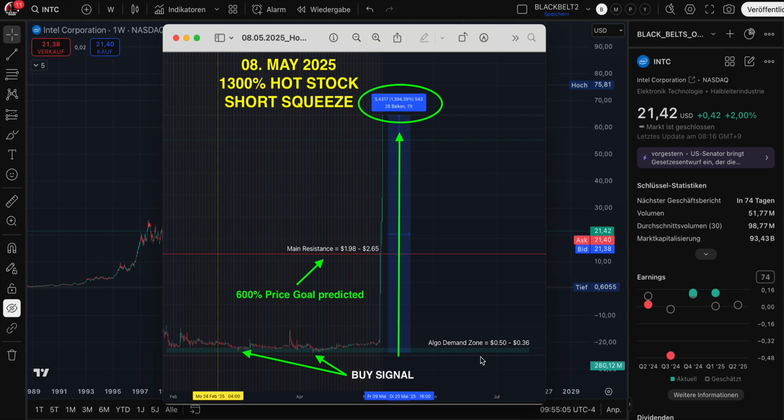You can see that this blue box here, and this is also what I show for Intel, was the buying demand zone, the algo demand zone, where I expected a technical reaction. And you can see as soon as this ticker came a couple of times into this zone, we already had some squeezes. This small price move here was already 100%. I said to my members on Patreon that I expect a 600% squeeze. I was wrong, guys. This ticker squeezed 2,500%, but yeah, this was what I expected. That was the reason why I talked about this stock in February 2025, and we traded that a couple of times, guys.